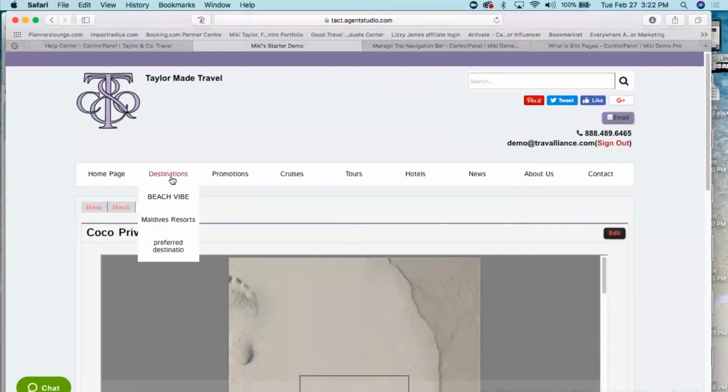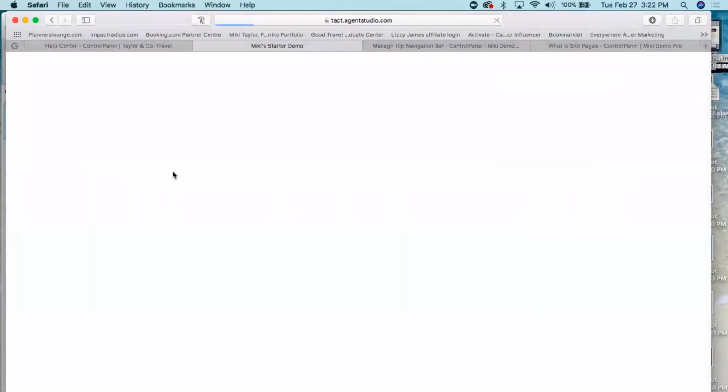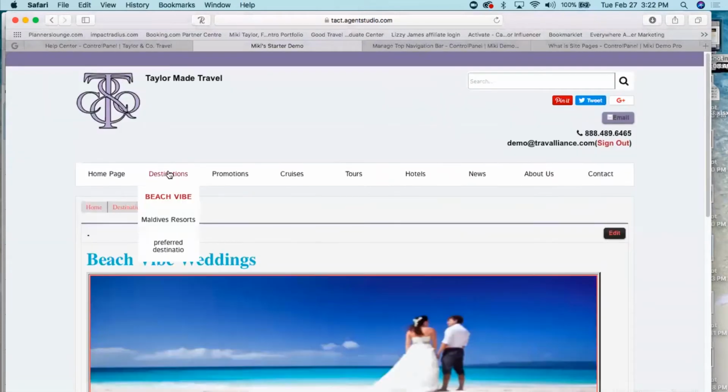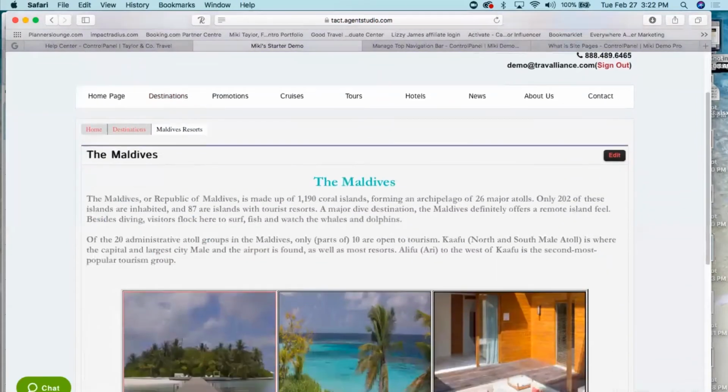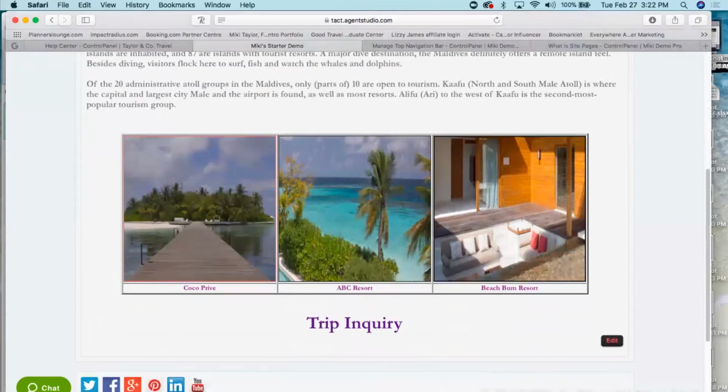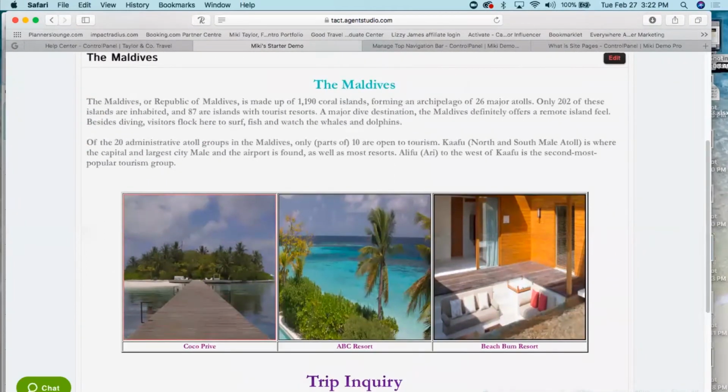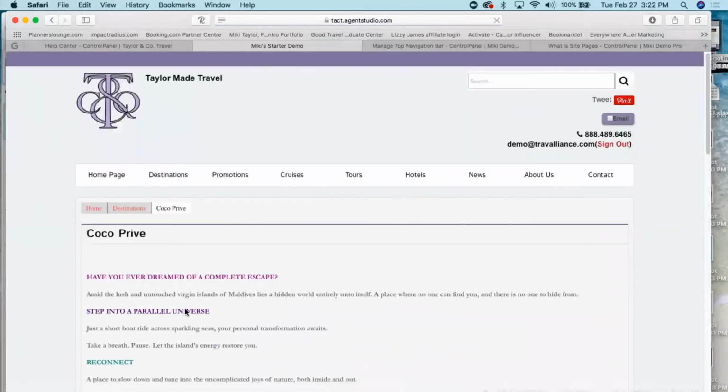So I'm going to show you, whoops, let's go to this one. We can create a page where we link the PDF, the page that we just created, to an image like this. So if I click Coco Privé,